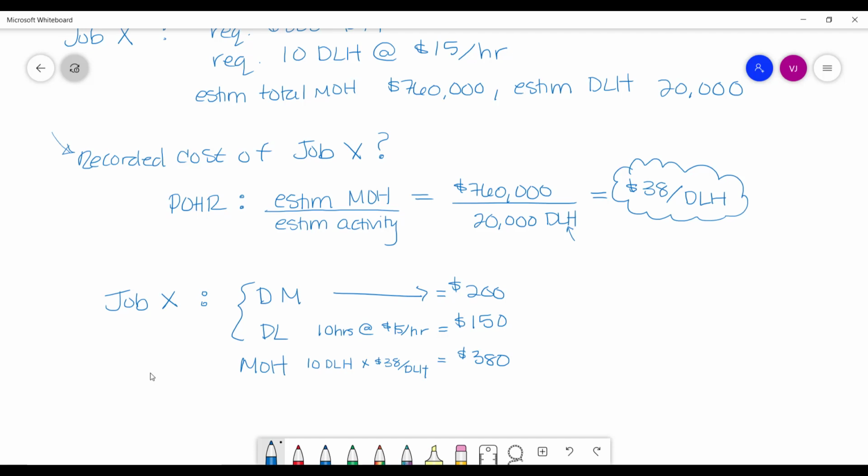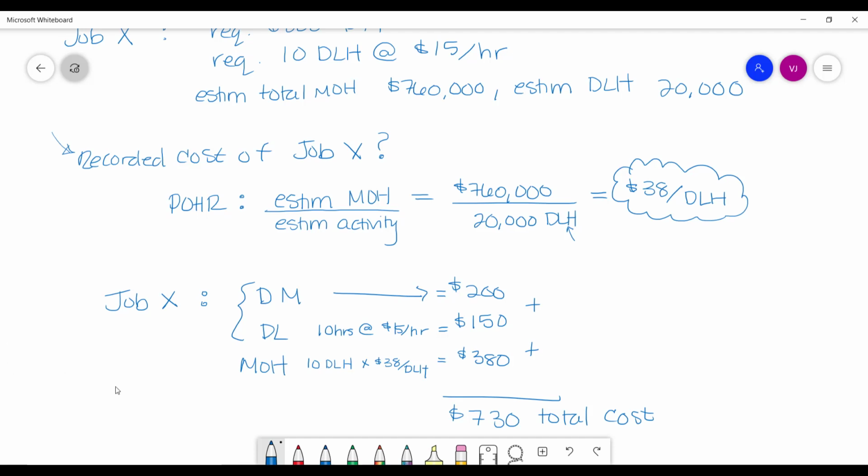So we're saying that for this company, they're estimating that the use of direct labor hours is what drives overhead cost. And since this job used 10 direct labor hours, right, we're estimating that those 10 direct labor hours caused the incurrence of about $380 worth of manufacturing overhead, which is a mixture of different kinds of indirect costs. Now we can add these three together. If we do 200 plus 150 plus 380, we should come out to $730 of total recorded cost for job